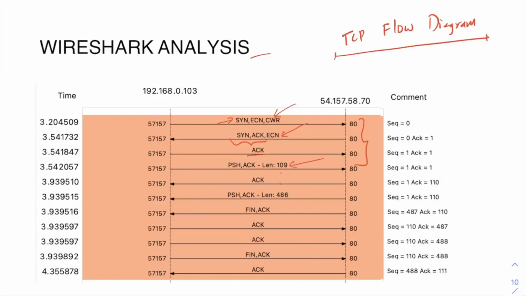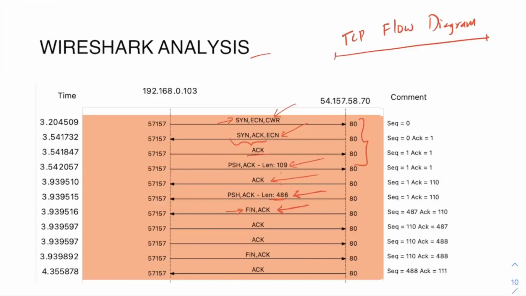And after receiving this data, the server is acknowledging that, okay, I have received this data. Now the server is sending some data to the client because the length is set here. And after sending this data, the server is also telling that, okay, I do not have any more data to send, so I also want to terminate the connection. That's why you see the FIN flag is set, which means the server wants to terminate the connection. In this case, the server is initiating the termination of the connection.